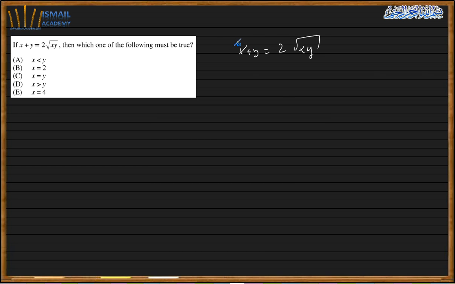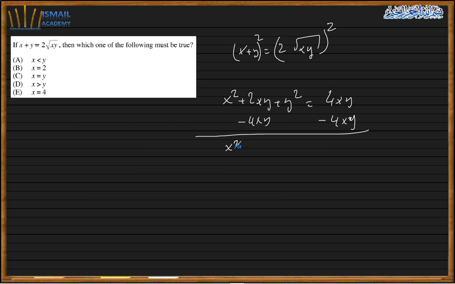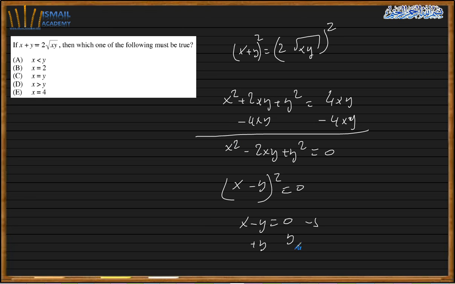So I got x squared xy. Then minus y. So I got xy plus y squared equals 0, which means that x minus y equals 0. Add y to both sides. x